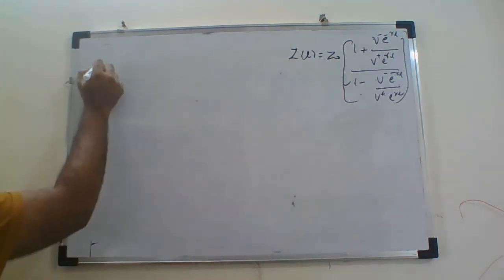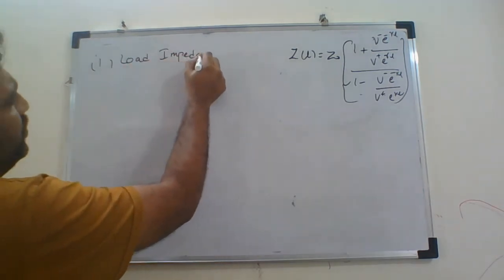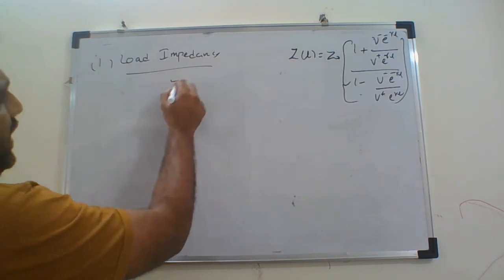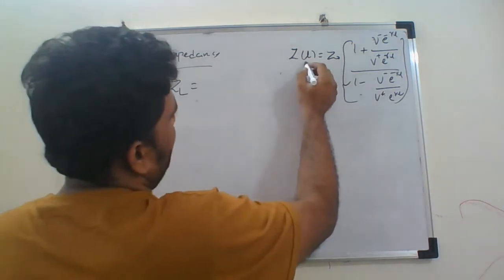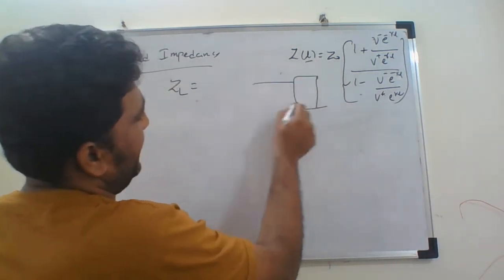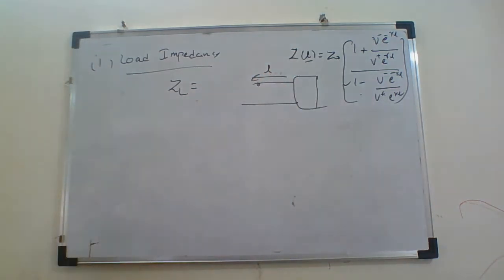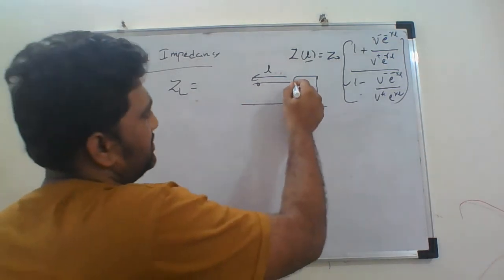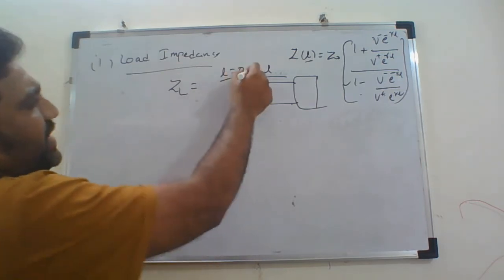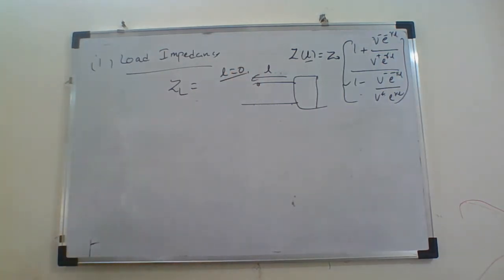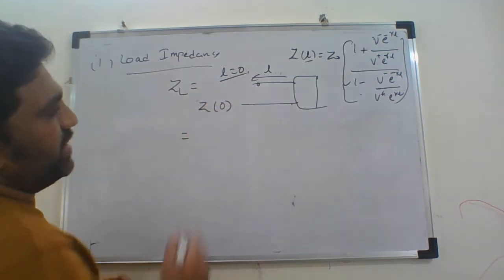The first one is the load impedance, which means the impedance at the load point, generally represented as ZL. Here small l is the length from the load to the point. Since we are calculating the impedance at the load point itself, l is equal to 0. Whenever l is equal to 0, we get the load impedance. So ZL, which is Z of 0, is equal to